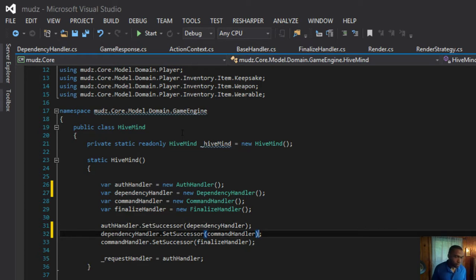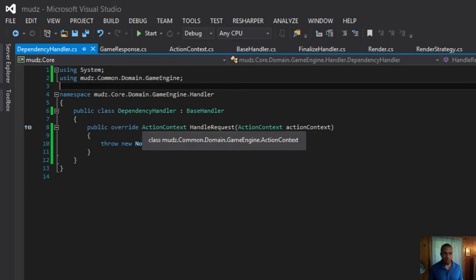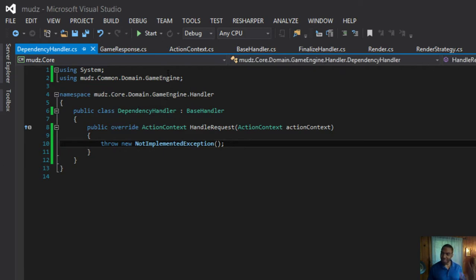Right? So, we've just used the chain of responsibility to extend out the functionality of the hive mind. And as the beauty of the architecture and the design patterns, we can do that without actually having to write any code. We can just do the architecture bit first, leave these not implemented in there, and then see how it affects the rest of the architecture.